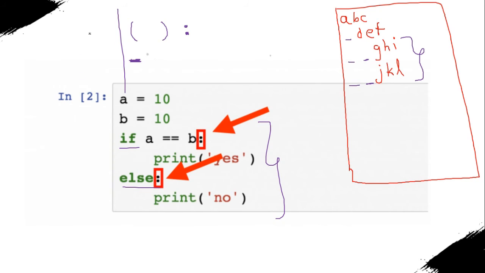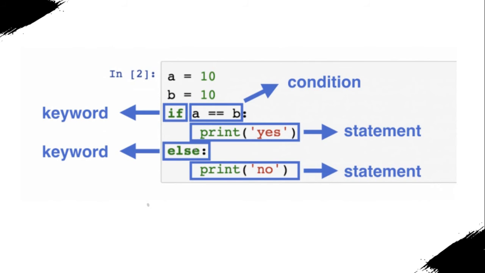So I hope you're clear. If you give this colon, then you have to give a tab and you have to start writing from here. So the basic keyword, if, is the keyword, this is the condition, and then we have to give a colon, and then after the colon we write something. And let's say you have multiple statements in your if. So it is an if, your condition is there, then a colon, and let's say you have your statement 1 here,